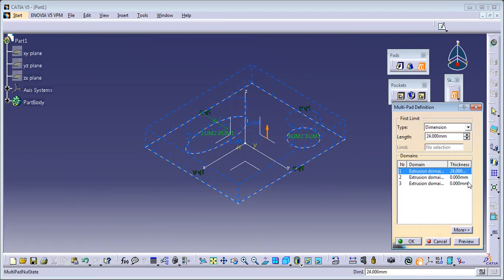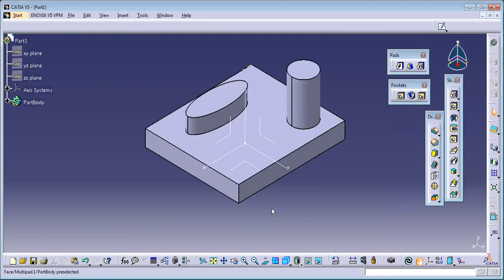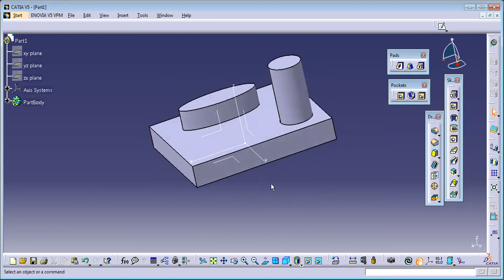I'll go up to 24. If I click here, you can notice this color has changed only for this ellipse. Now I can start giving material to it. I'll extend it a bit. If I click on this, now the circle has changed. I'll increase the material. If I say okay, each and every sketch has been extended, right? So got my point? Any issues with multi-pad? No, sir. Okay, great.